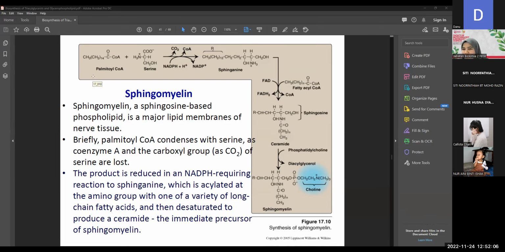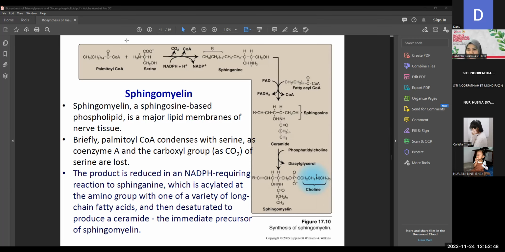Palmitoyl-CoA, how many carbons? Do you still remember? How many carbons in the fatty acid of palmitoyl-CoA? 16. Okay, so palmitoyl-CoA undergoes condensation with serine, in which reaction,